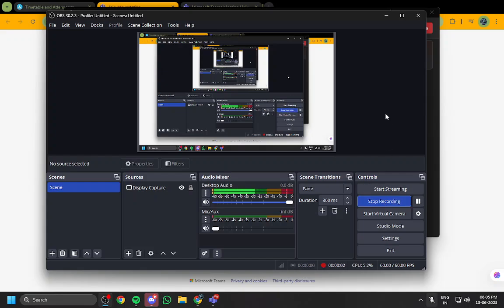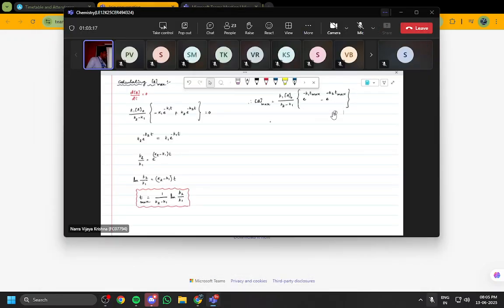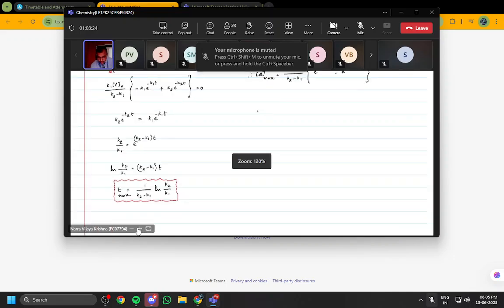So what you can write? Log (K2 by K1) whole power 1 by (K2 minus K1). Already here K1 is there. Correct? So I am writing this equation as B max equal to